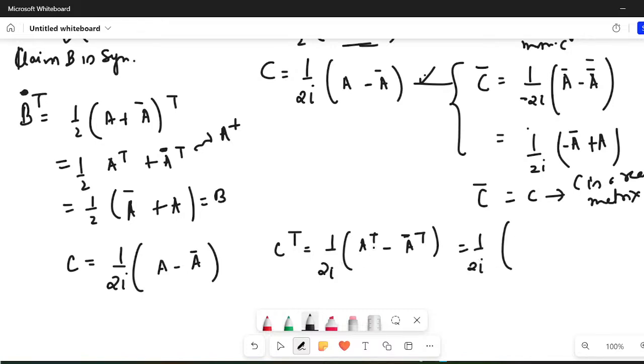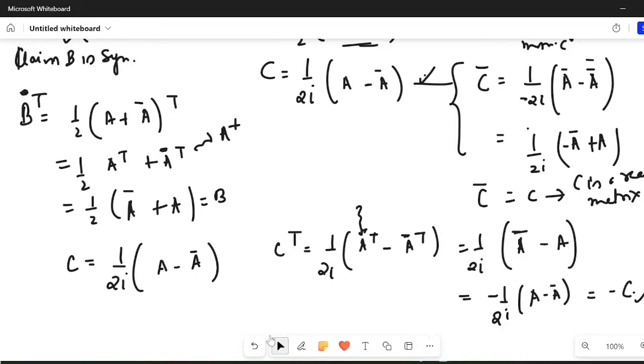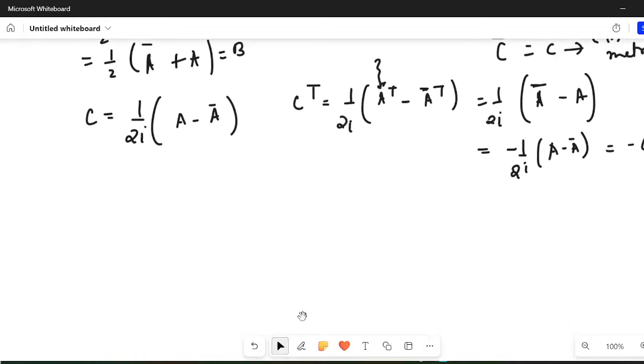And what is A transpose? For A, don't forget, A is your Hermitian matrix. So A transpose will be A conjugate, minus, this would be what? This is A dagger. So what I'm getting is equal to minus 1 upon 2 iota (A minus A dagger), and it is simply equal to minus C. So I'm getting C transpose equal to minus C. I'm getting B transpose is equal to B. So I can clearly see that,